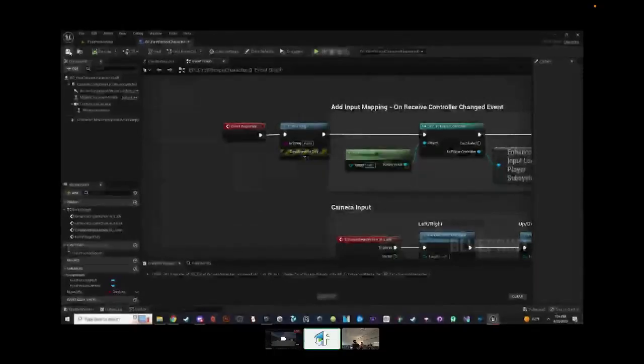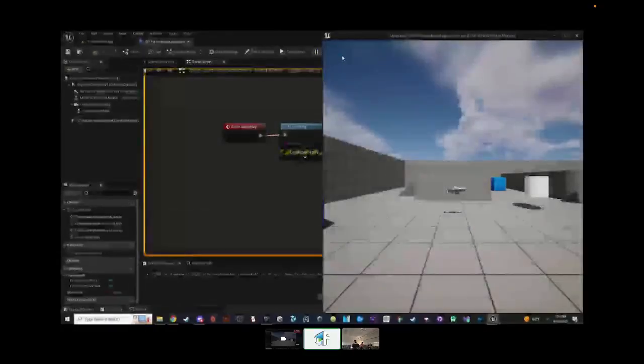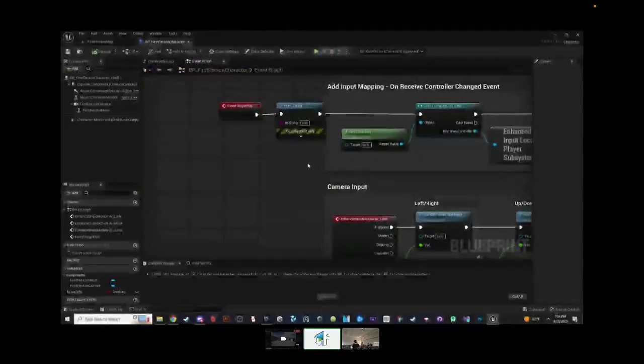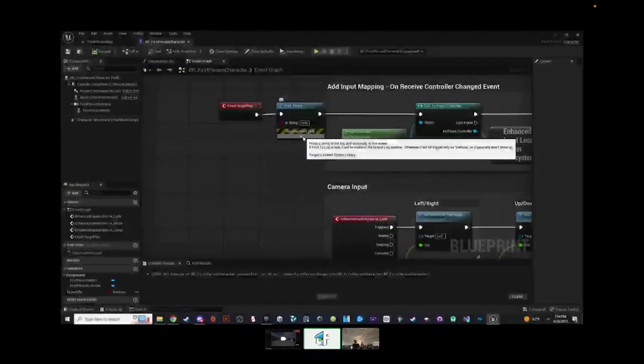Compile and save is a habit I like to get into, but it should save for you already. And let's play again and see if anything actually happens. Oh yeah, on the upper left it says hello. But that happened a little too fast, so let's see if we can make that last longer. There's a drop-down arrow that you can check out.